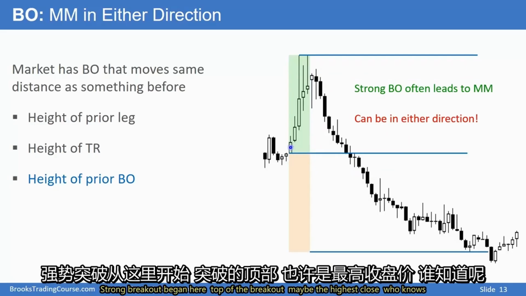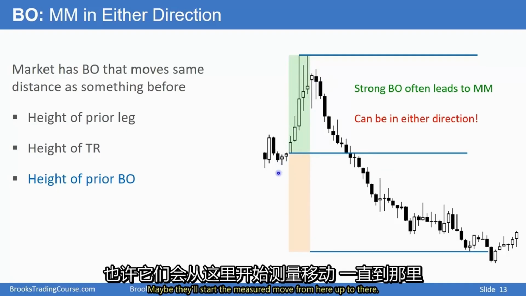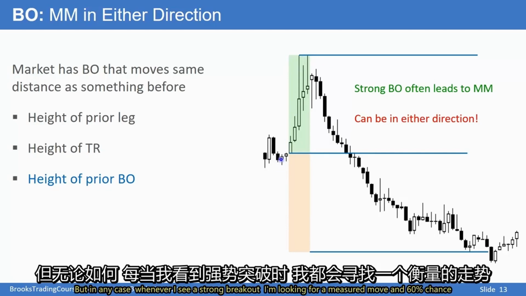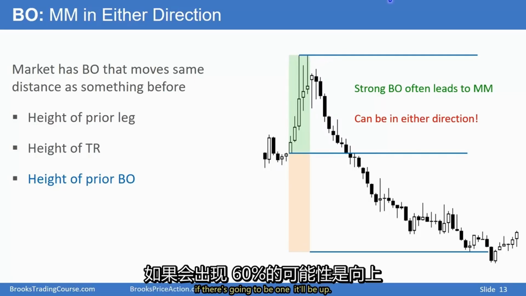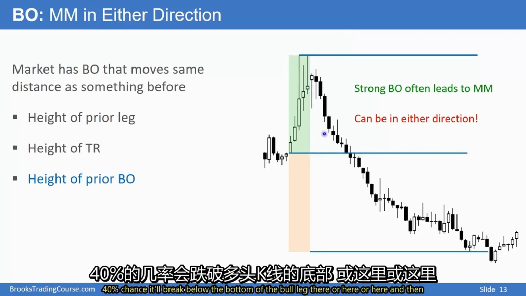Strong breakout began here, top of the breakout, maybe the highest close, who knows, different computers do different things. Maybe they'll start the measured move from here up to there. But in any case, whenever I see a strong breakout, I'm looking for a measured move, and 60% chance if there's going to be one, it'll be up. 40% chance it'll break below the bottom of the bull leg there or here, and then fall for a measured